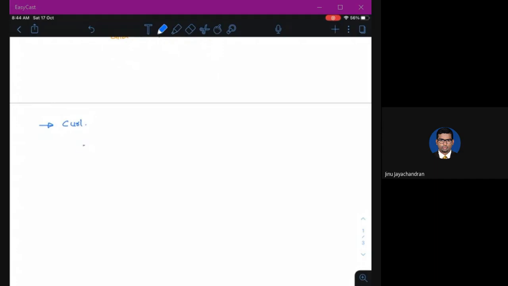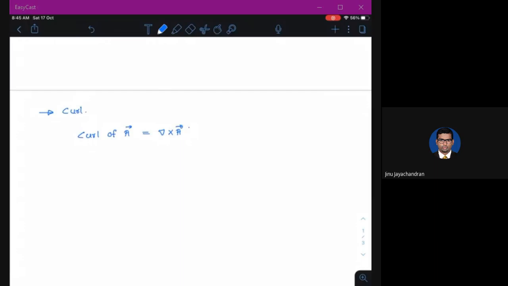is defined as, the curl of a vector A is defined as del cross A. Okay. Now, if you look at the physical significance of curl, just like in divergence, we say that the divergence of a vector A is the outward flux per unit volume. Similarly, for a curl, you will have a similar definition, which says the curl of A